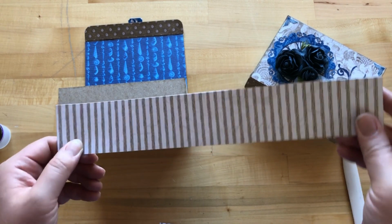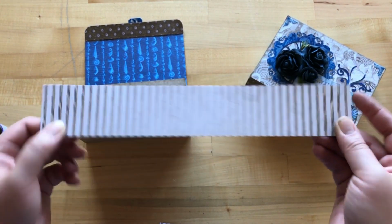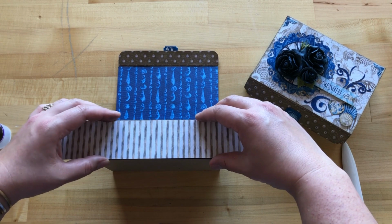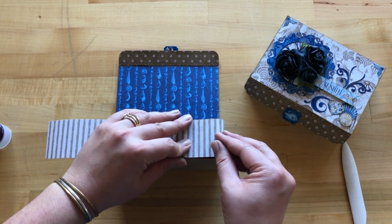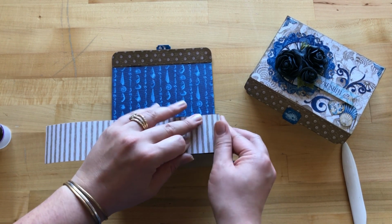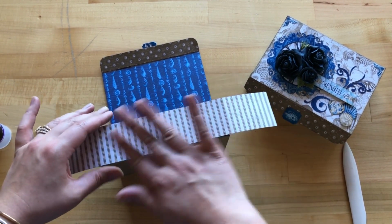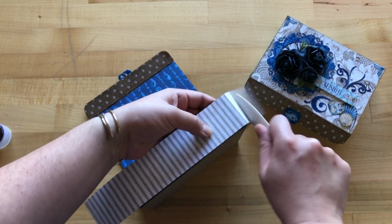Step 15, we're taking our tan stripes that we cut in step 1, and we're going to adhere these onto our box. So the first thing we want to do is find our center point on the front of our box, just approximately. And then I'm just going to do a light fold. So add adhesive onto the back of your tan stripes, and then we're just going to work this paper